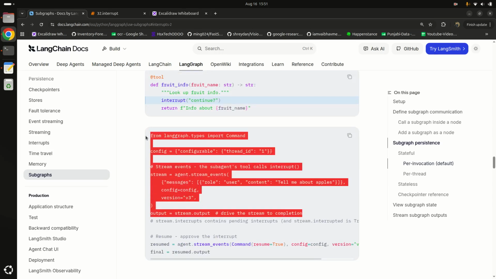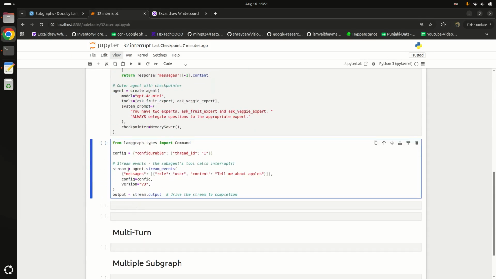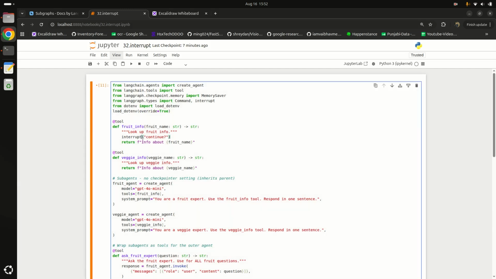First of all, I copy these lines and paste here. Here I'm saying config is equal to configurable and thread ID is equal to 1. Here I am invoking our agent with the message "tell me about apples". Apple is a fruit, so it will invoke the fruit expert agent, and our fruit expert agent will invoke this fruit info tool.